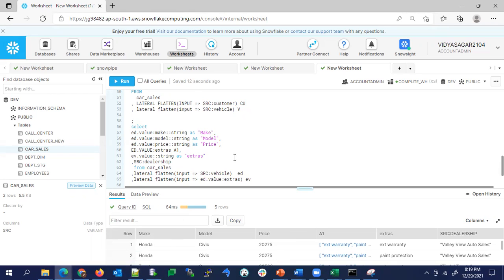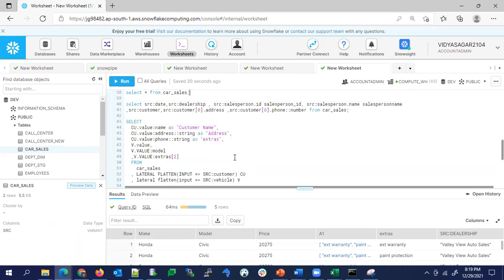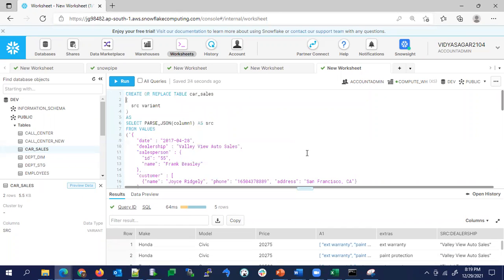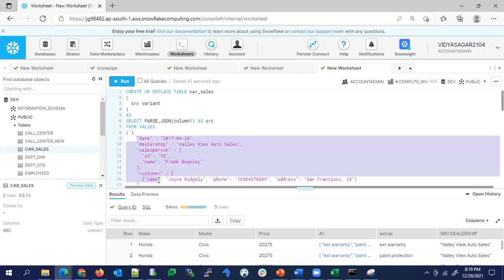Is it clear? Can you scroll up a little bit? Somewhere you had used JSON in this select statement. You are saying create JSON file? This one, this select parse JSON column. Yeah, that one. This will parse all the columns, whatever you are passing here. It is the direct, entire statement. Because of that, everything is parsed.